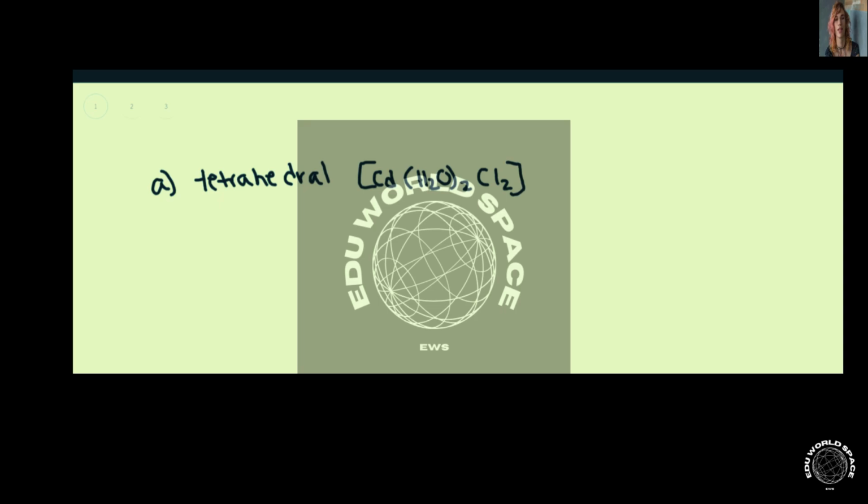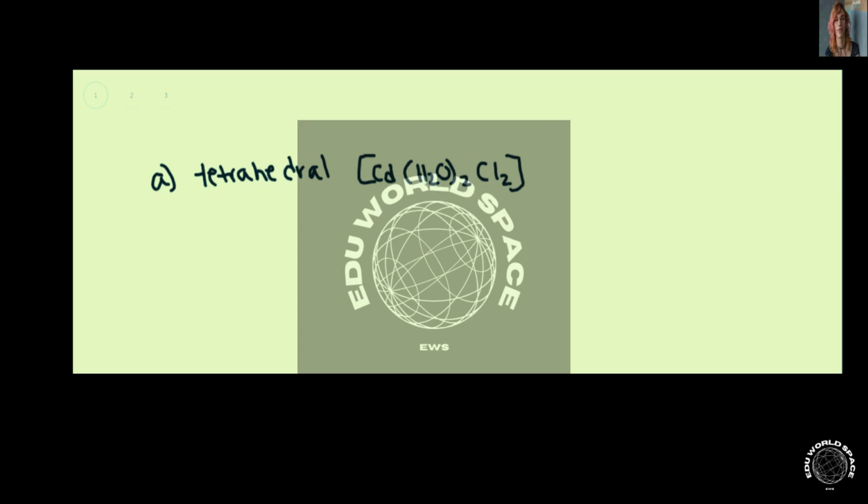This question is asking us to determine for 3 different compounds if geometric isomers exist, and if so, how many are there? And it first gives us this tetrahedral complex, which it tells us is tetrahedral. So we'll go ahead and draw that out, where we have the metal ion, Co, we have 2 waters and 2 chlorines attached. And so I'm just going to put these in any order, OH2, and then I'm going to draw